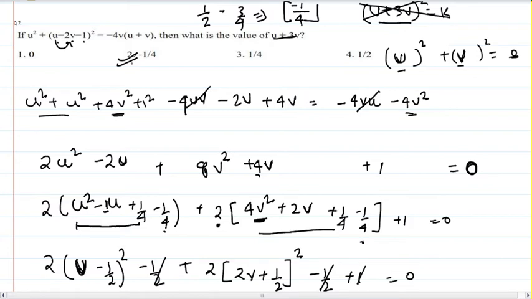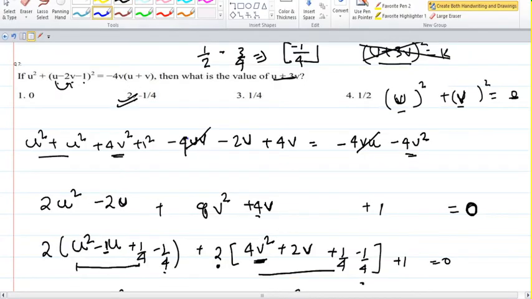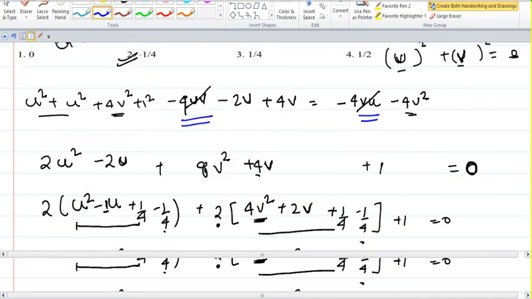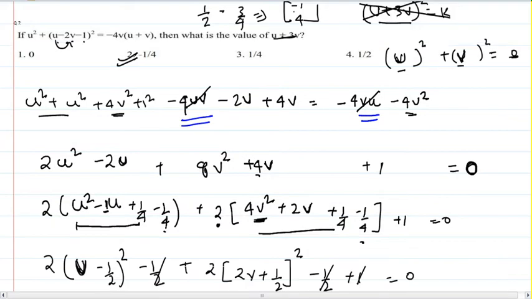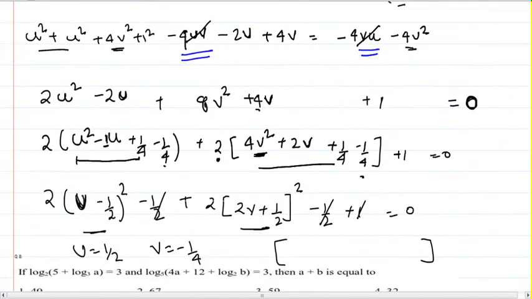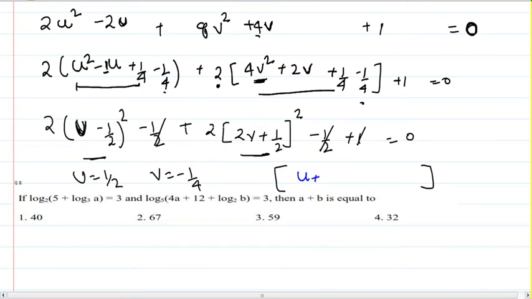Again, let me state this one more time. Whenever dealing with squares, you have to make a choice. You're looking for squares of x and y or u and v together, or you're looking for individual squares. Who will decide whether there's a term available combining two variables or not? If there's a term combining two variables, you're looking for their squares together. If not, you're looking for their squares separate. So our answer for u plus 3v is minus 1 by 4. Let us try the next problem.